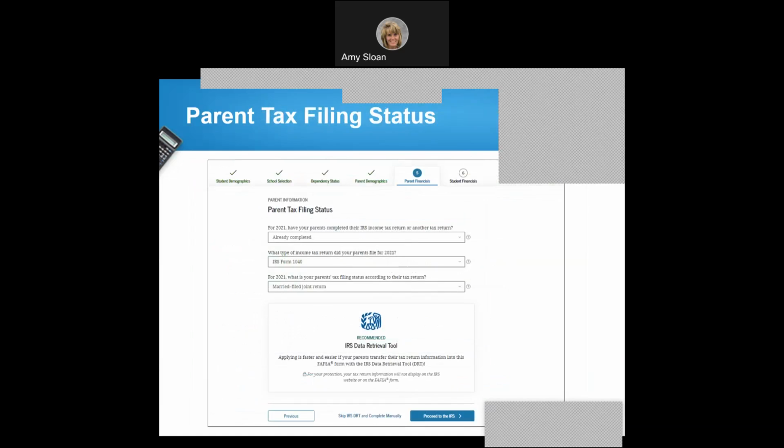Then we're at the parent financials. So we do parent financials first and then the students. Parents' filing status, so you would check whatever you filed. This example is they've already completed, which most people have, because you're giving us prior year's income. So that's 2021. Tell us what form, what your status was, and then you get the question, do you want